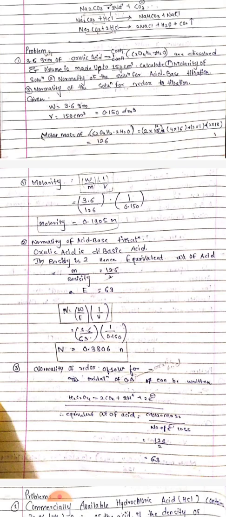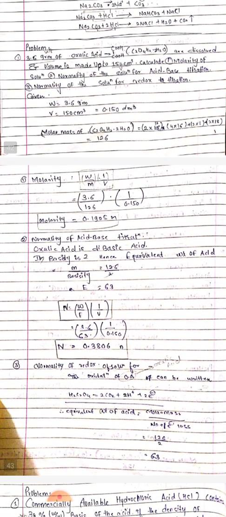Here we have put in the 126. Here the volume is in cm³, which we have to convert into dm³, that is 0.150 dm³. Here the weight is given as 3.6 gram. Now